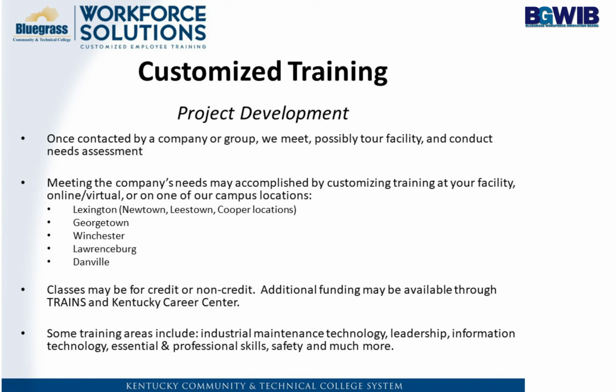The training can take place at one of our campuses, which I mentioned earlier. It could be at a general location somewhere else in the community. It's whatever is going to meet the need best for that company. We also provide that training in an environment that can be for credit and have credit bearing toward degrees, a